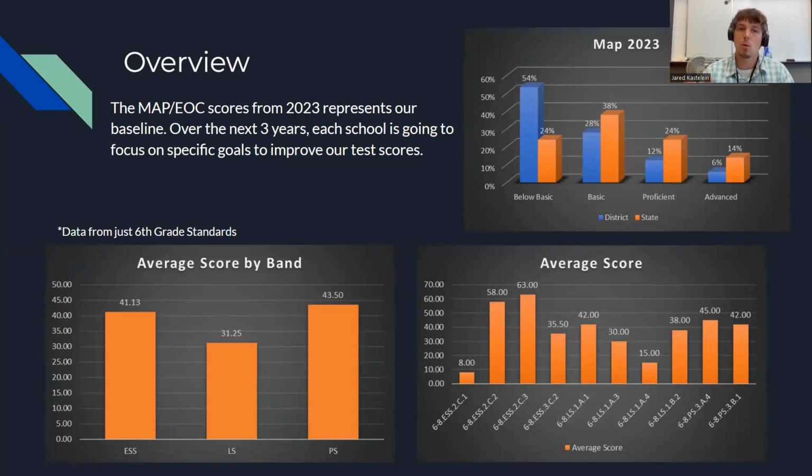I want you guys to know that you are an important part of this goal because of how much what you do in 6th grade sets us up for success for that 8th grade test. This might give you maybe an area of focus for your school. You notice life science didn't do as well on that 8th grade test. There's a few standards that are taught in the 6th grade that we could capitalize on. Really what we're looking to do is bring this below basic number down to be better than what the state has. These proficient and advanced numbers, we want to lift those up. And that really starts in 6th grade.